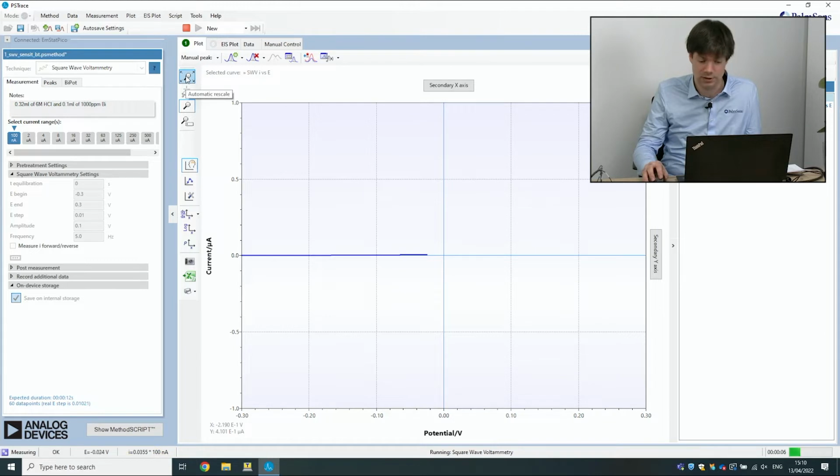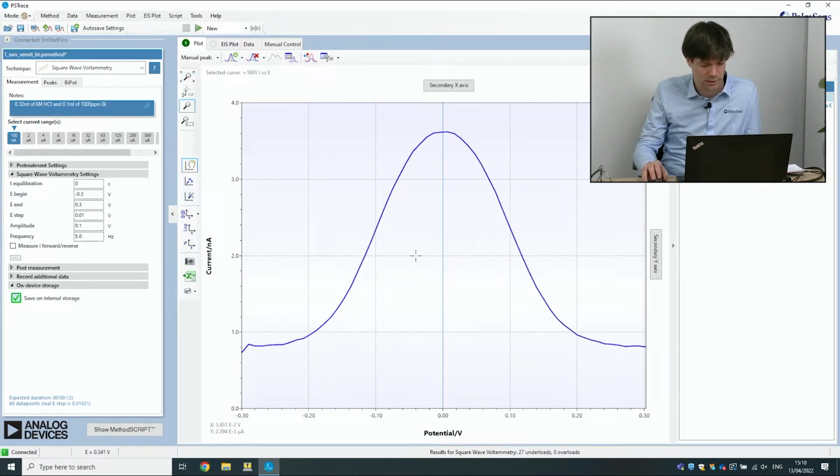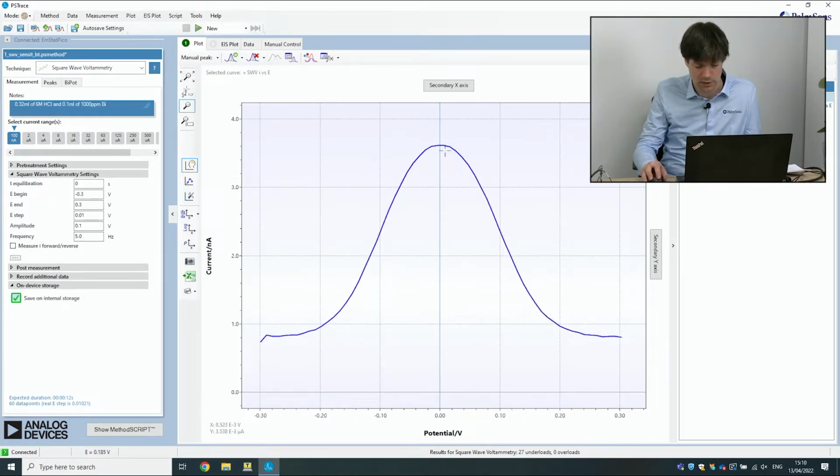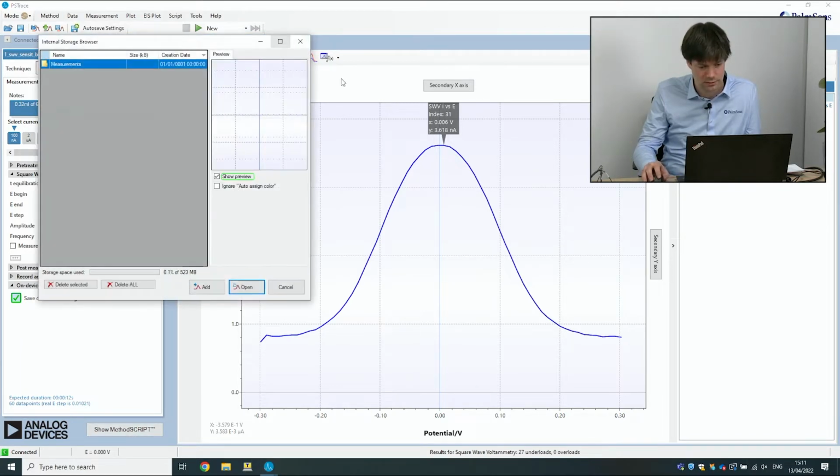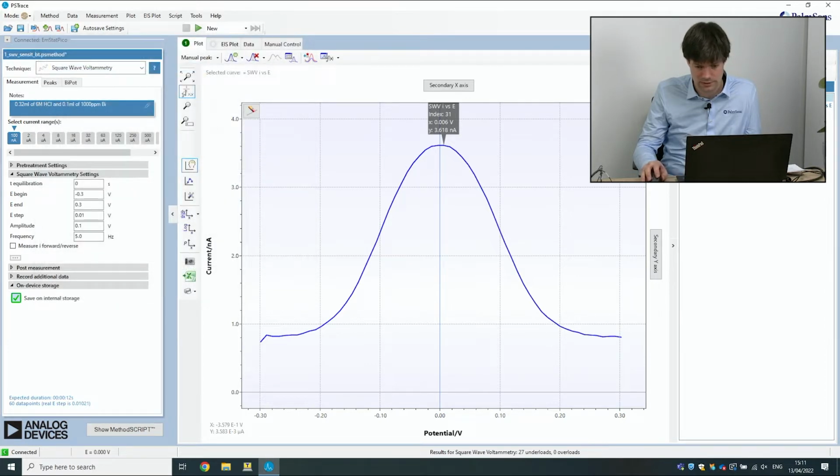So this is how you would normally just do a measurement in PSTrace. And there you go. There we have a peak. I'm not going to go into why there's a peak here, but we're going to use that later. Now we want to add some extra things to, well, first I'm going to show we do indeed,